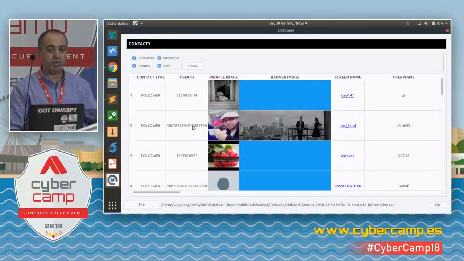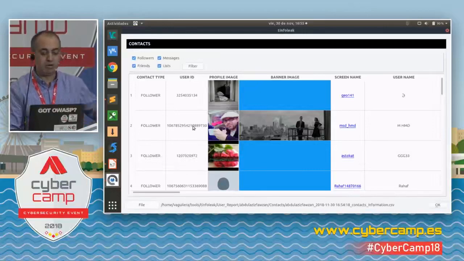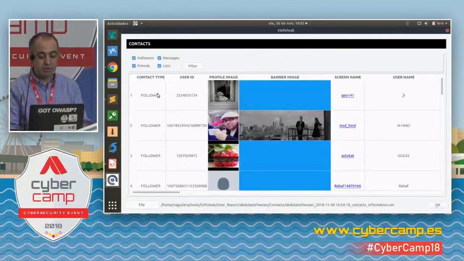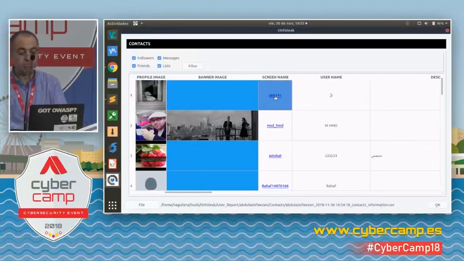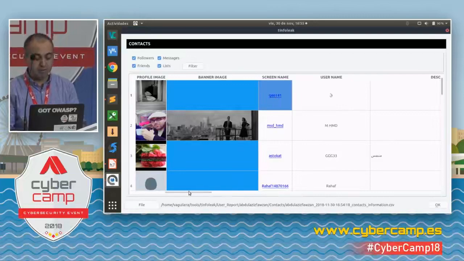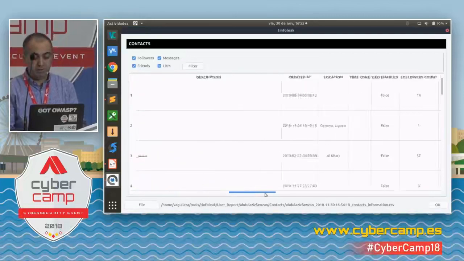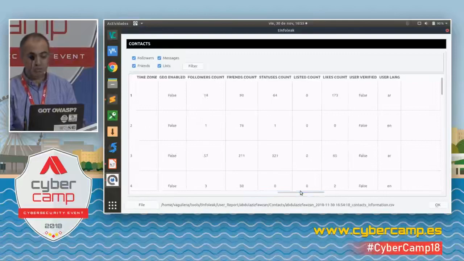We see the relationship towards our target that we got and what it has to do with everything else. So we have followers and friends and people they've interacted with and that have been included in some list. And so we have the user's ID, we have the background picture. At any given point, we can click on a user and we can see the profile or the tweet, post,